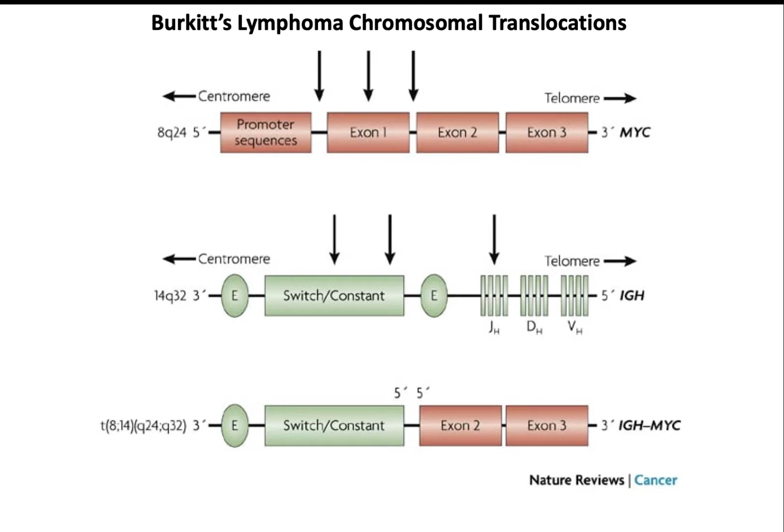So this shows some very specific translocations in Burkitt's lymphoma. It turns out that there are many different crossover points in those translocations, and the arrows indicate those. So it's between a gene on chromosome 8 and another gene on chromosome 14. And so you can get crossovers, combinations of crossovers in each one of those places where the arrows are to create a new gene that, instead of the MYC being